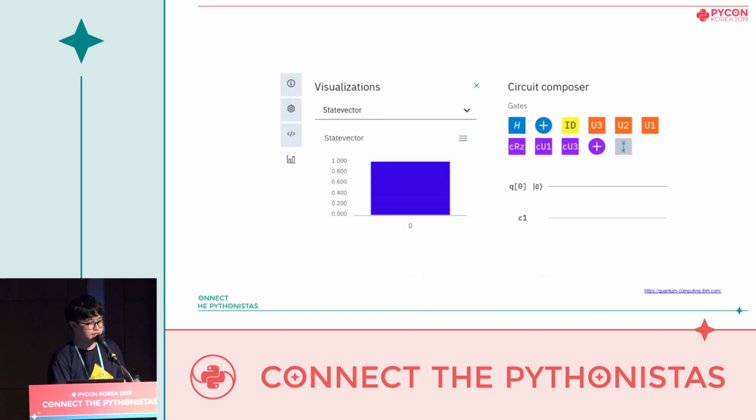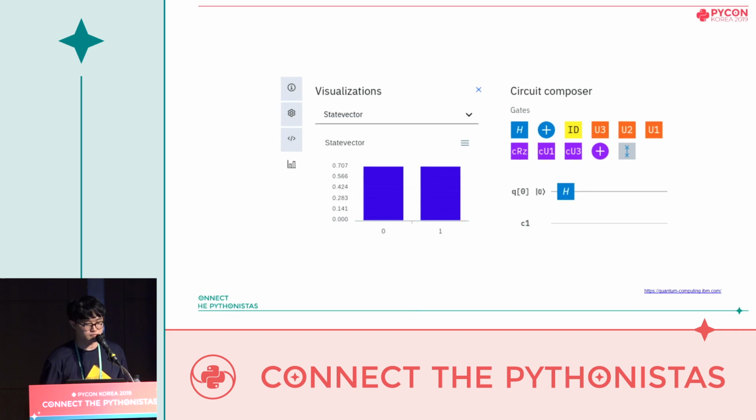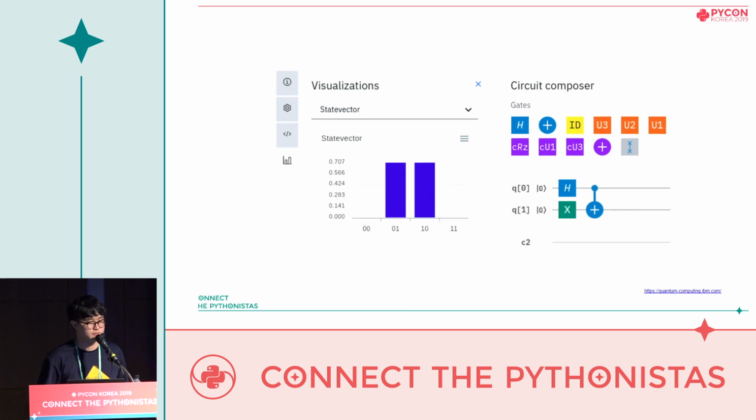Using this, we can have a set of qubits, which in this case is 1. Note that as there are no gates applied to the qubit, the simulation of outcome shows 0 all the time. If we add the Hadamard gate to this qubit, the state of the qubit changes to a superposition state. Note that the simulation of outcome changed from the last slide. This slide shows that the outcome to be 0 or 1 has the same probability.